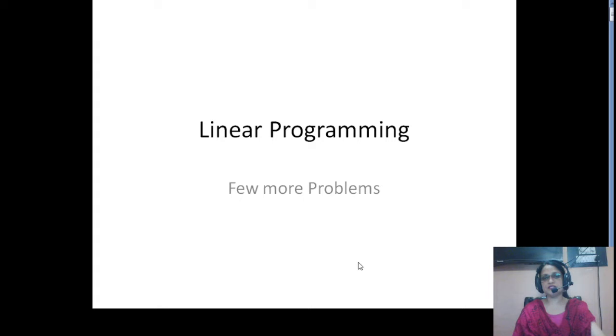So in the previous lecture, I told you the application of linear programming, how we create the mathematical model. It means how the entire situation is translated into a mathematical model so that we can take a decision. And then I explained how to solve it graphically, right? How we can plot the variables on the graph so that we can find the optimum decision in the name of maximization of contribution or minimization of cost.